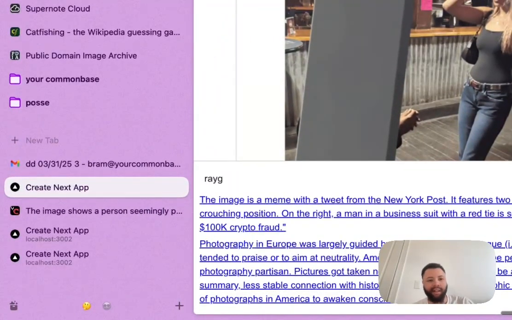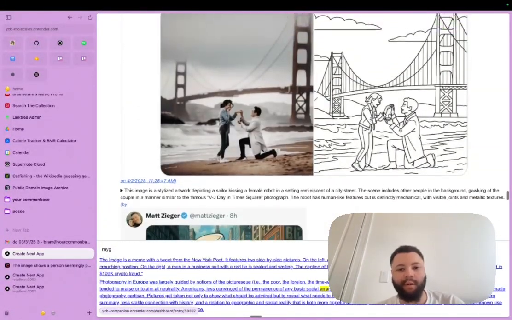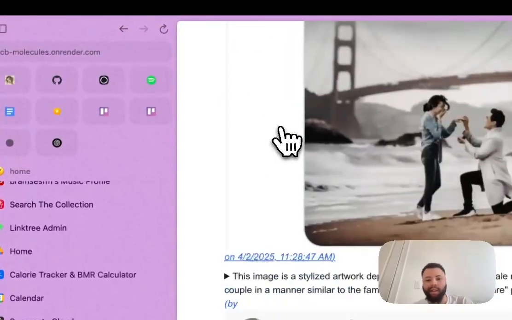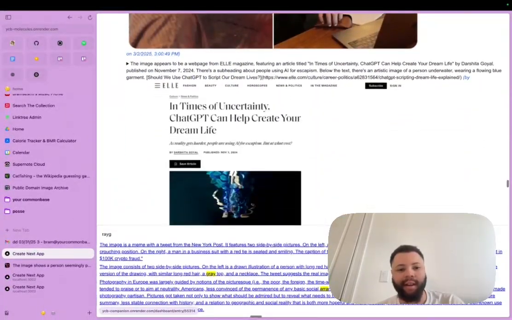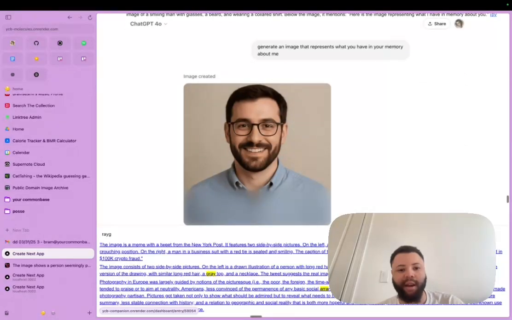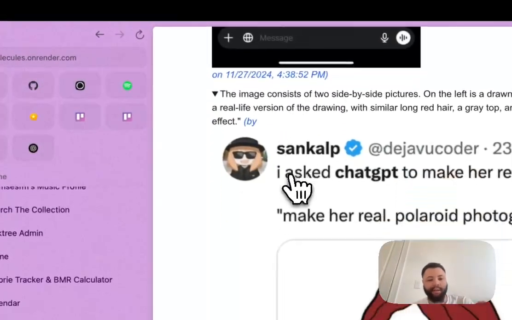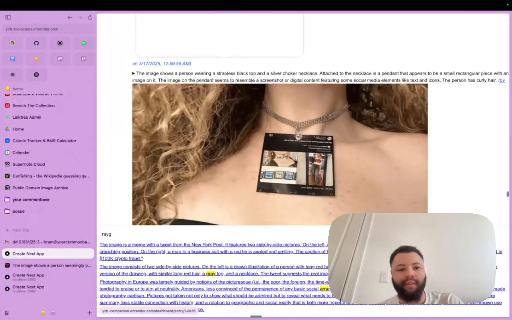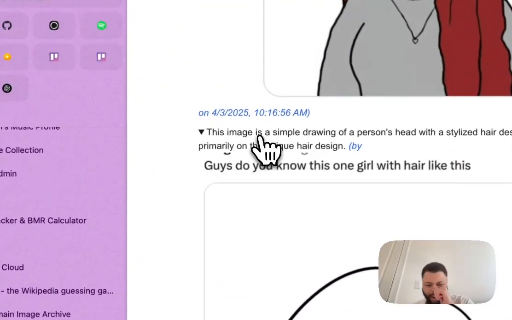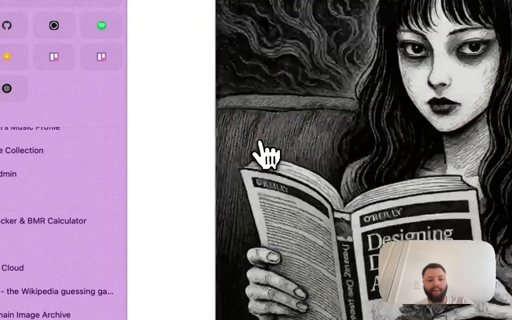And it kind of feels like, to me, Skyrim fast travel. I feel like I'm really quickly jumping around space. Like right now I'm looking at ChatGPT, but I'm also looking at marriage and stuff like that too. And then now I'm in ChatGPT space, but if I click something else that's interesting, then I might be in a different space all of a sudden. Now I'm in anime space, or dark, creepy